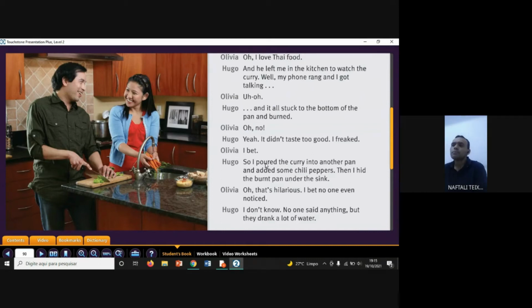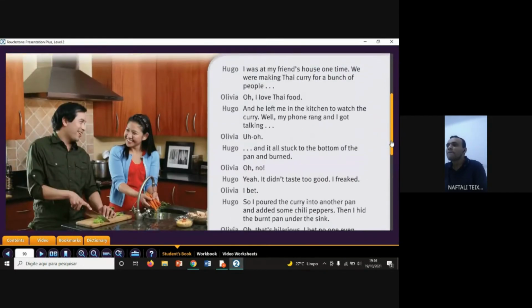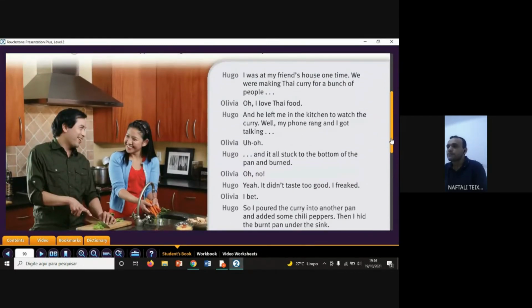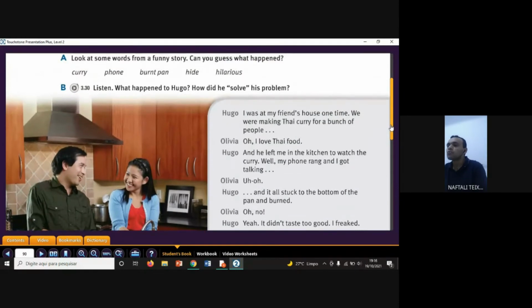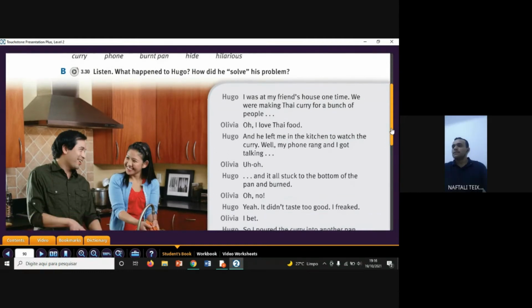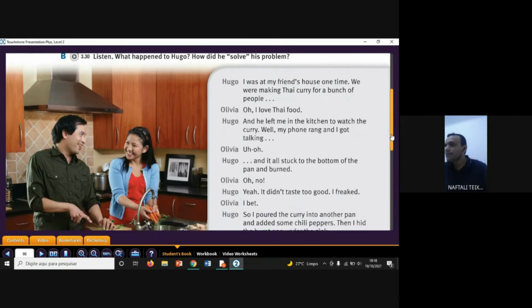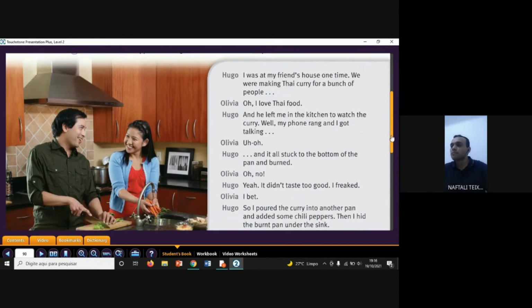Ok. So, pour it, essa expressão aqui do Hugo. So, I pour it. Pour it é derramar, não é? Derramar, jogar, não é? Geralmente líquido, certo? Perfect, very good. Turma, mais alguma outra palavra? Is that okay? Yes. Tudo bem pra mim. Ok, Débora, Aparecida, Cheyenne, so let's keep going.